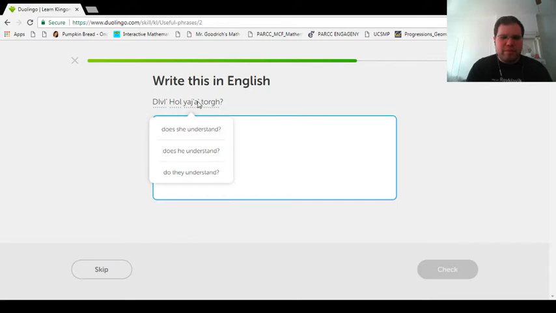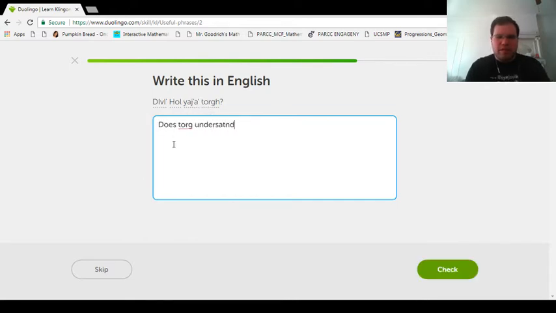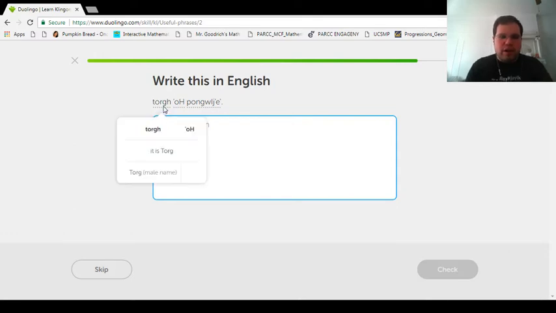Okay, does Torg understand English? Okay, Torg och pongul. I don't know if the W is actually supposed to be a vowel or a consonant. Maybe, okay, I think I know what I'll do. After I go through this, I'm going to read the notes. Okay, Torg och